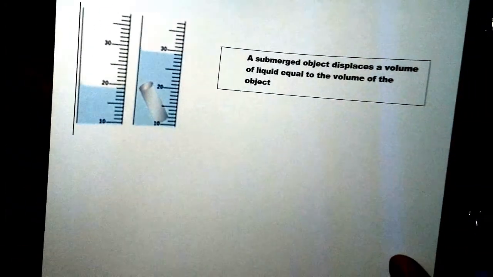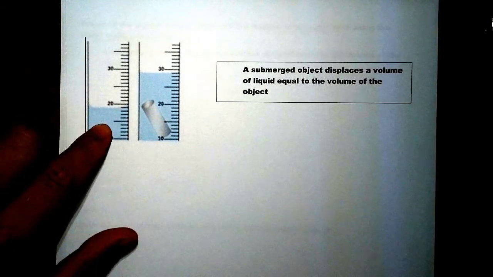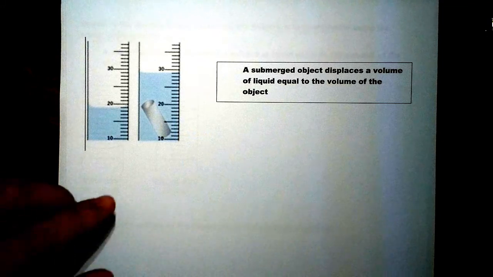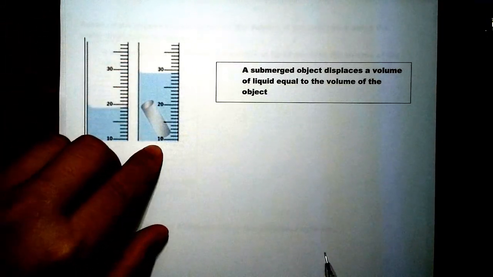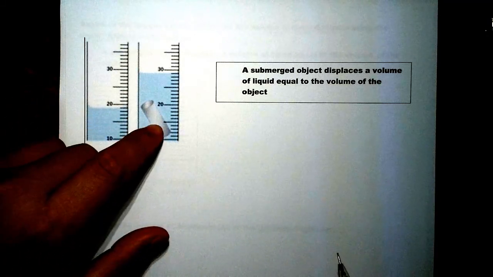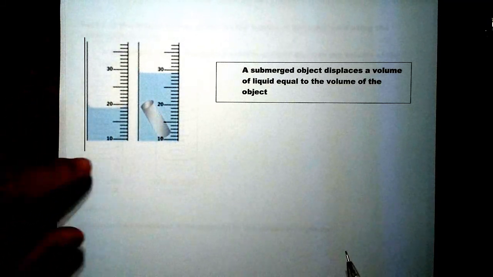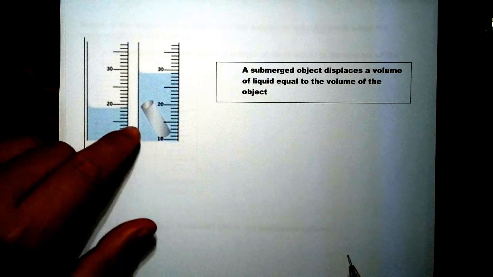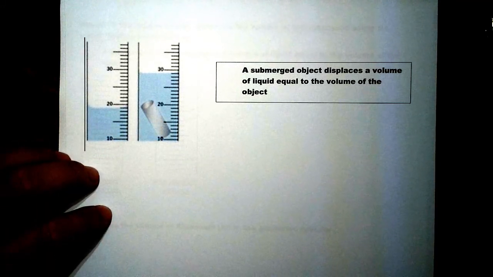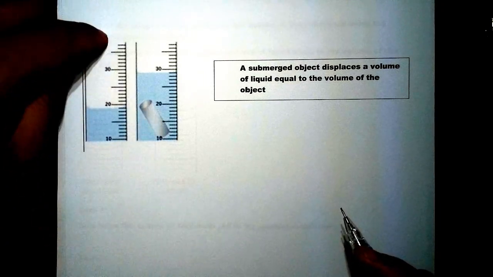So let's go back and look at this picture right here. First of all, we have water, and the water will be in a graduated cylinder or any container. What we have here is an object or a substance. We want to measure the volume of this object very quickly, and one way we can do that is using the water displacement method. How it works is basically you take the object and you drop it in a graduated cylinder